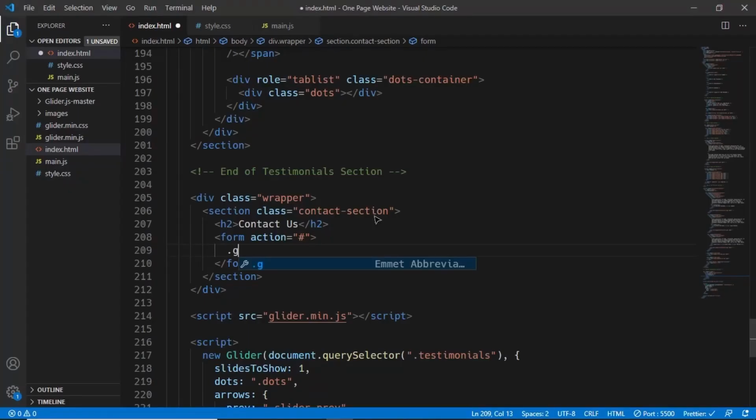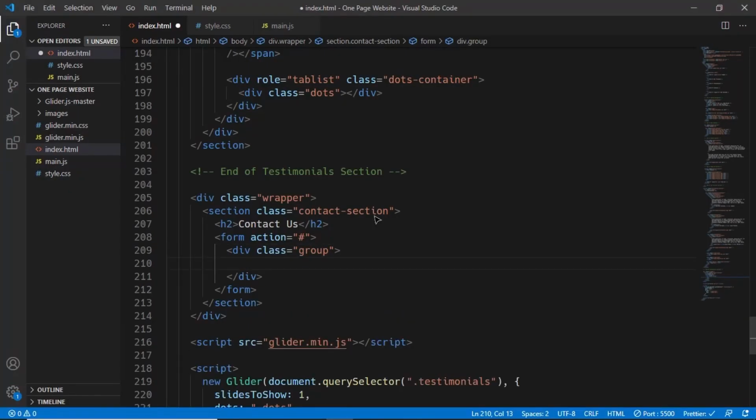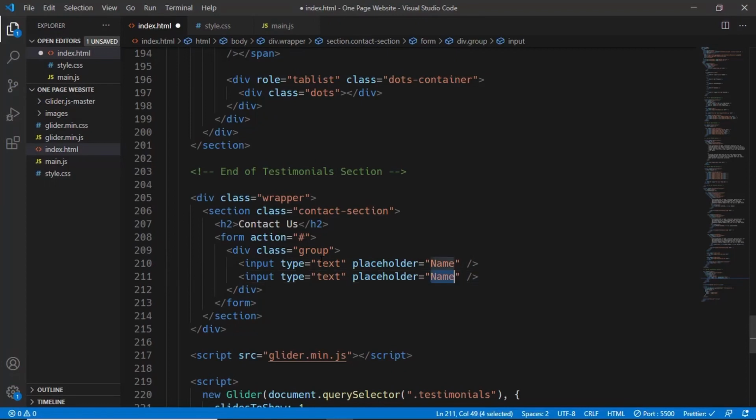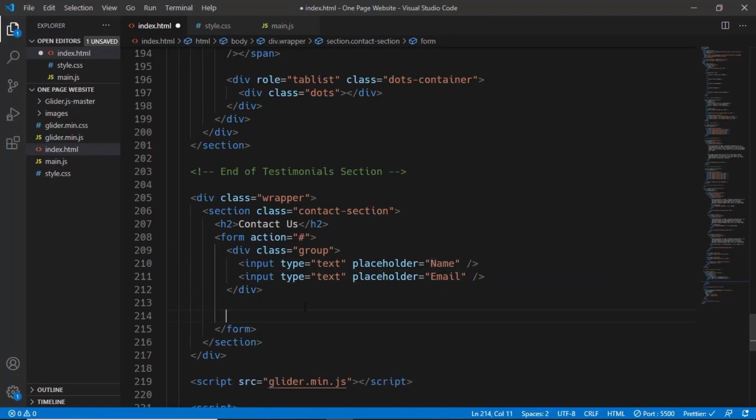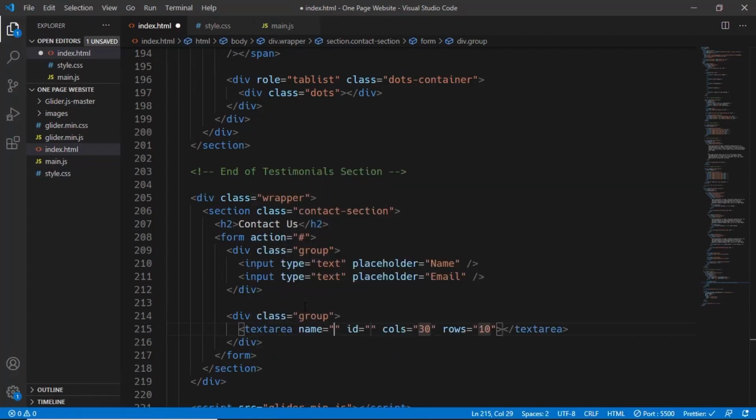So we'll create a division with the class of group, and we'll have an input of type text, and we'll have a placeholder, and we'll just type name over here, and we'll just duplicate this line of code, and the next placeholder will be email. And then we'll have another group, so we'll create a division with the class of group, and in this we'll have a text area because we have multiple lines of text. So we'll type text area, and here we'll add a placeholder,